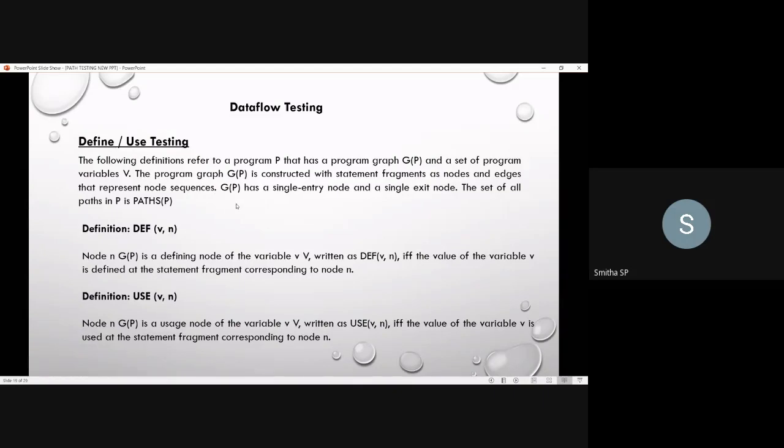As we know, G of P, that is the program graph, has a single entry node and a single exit node. That is the initial node and the terminal node, what we called first and last in the DD graph. That's what a single entry node and a single exit node mean.